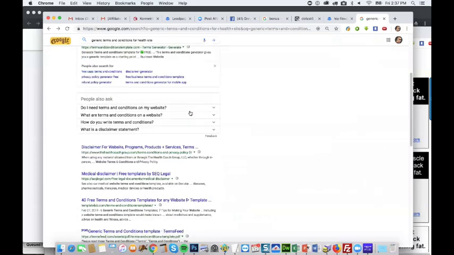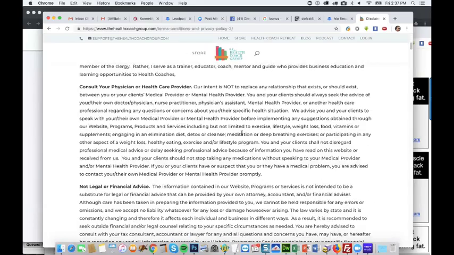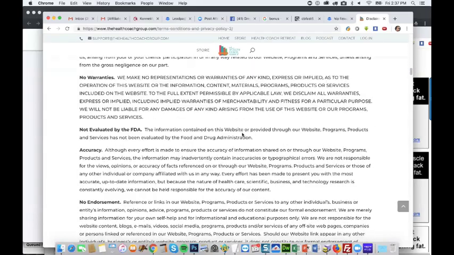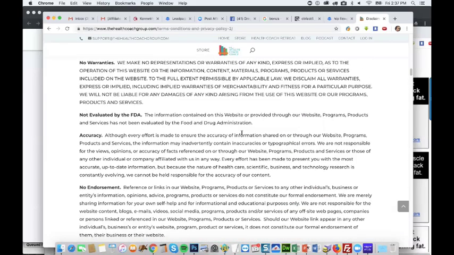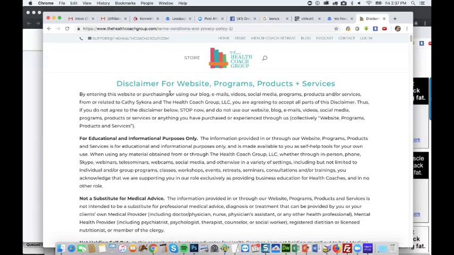I just want to find one that we can use. Make sure it doesn't have any health claims, and that it says not endorsed by the FDA. Yeah, that's cool. All right, that will also work. We'll grab this.